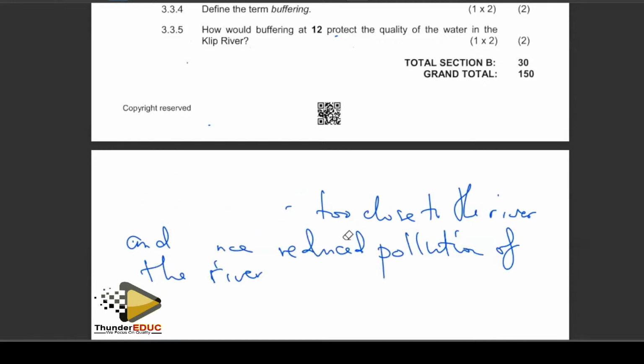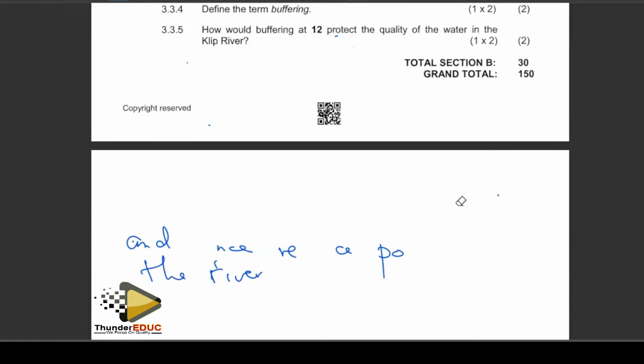So basically, when I'm looking at buffering, its influence on the water quality, it helps to attain better quality of water and safer water because we limit the influence of human activities on the river. They are limited from directly accessing the water resource because of the buffer zone or the boundary which would be put in place. And at the same time, that will help sustain the water resource in the catchment area as part of water management, like the previous question in geomorphology. Right, basically that was the paper. From my own rating of the paper, I think the paper